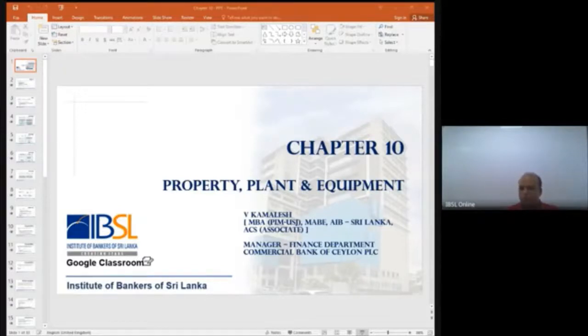So land and buildings, when you adopt the revaluation model, the depreciation is not a matter. But you can use the revaluation method for something like a computer, where you don't want to use the other 4 methods, but you want to do the revaluation method. So you get a professional valuer to value your computer asset at the beginning of the year as well as at the end of the year.